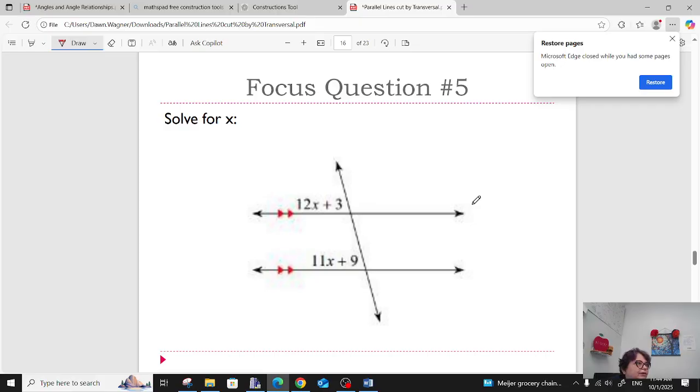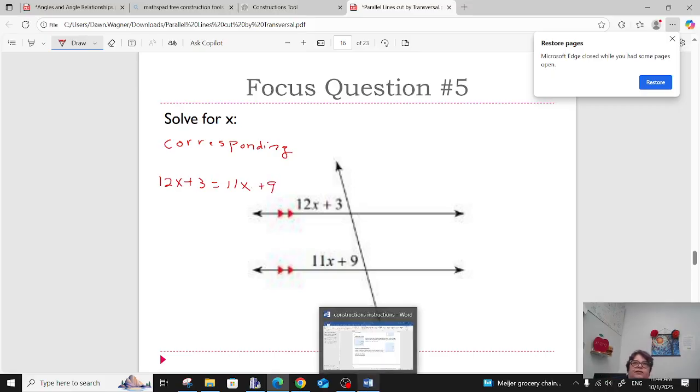Are these going to be congruent or supplementary? Congruent. What name is it? Does anybody know the name? These are corresponding. We know they're corresponding because they are in the same position. Upper left, upper left. If you think about these being 4 and these being 4, they are in the same position. So these we would set equal to each other, and then you would work it out to find x. Right? Okay, I'm going to move to the next one because